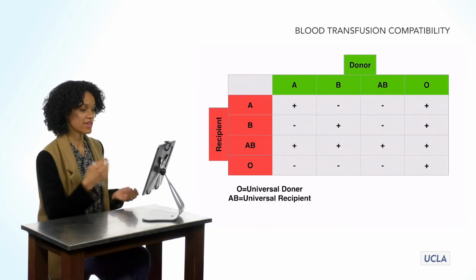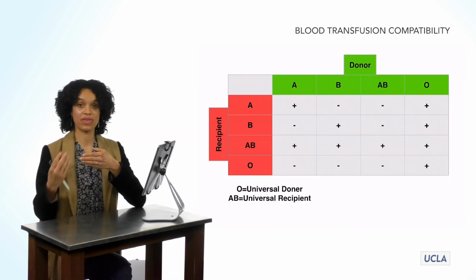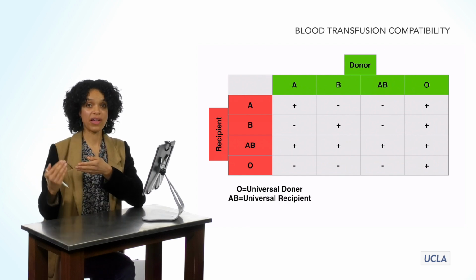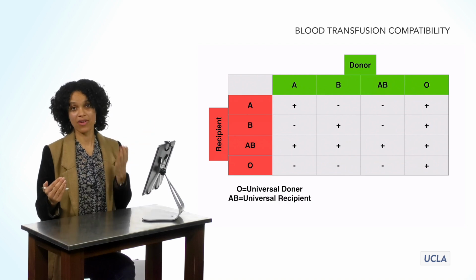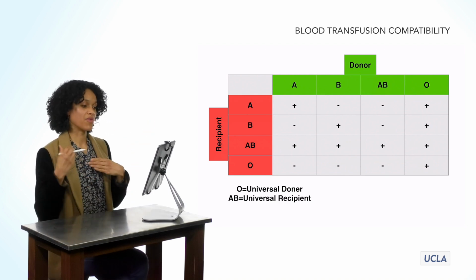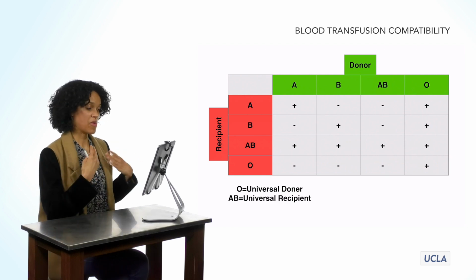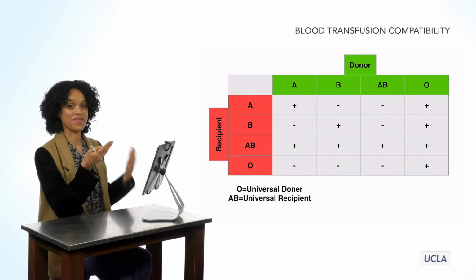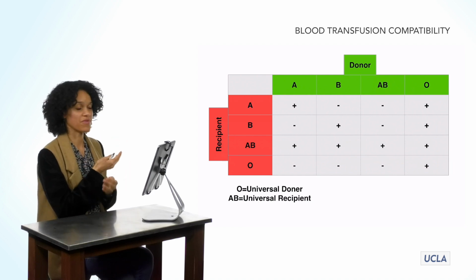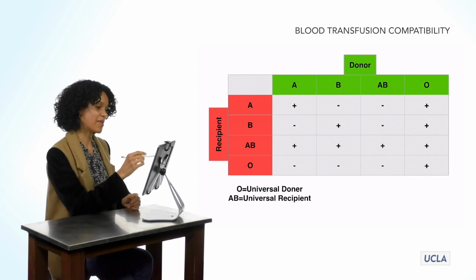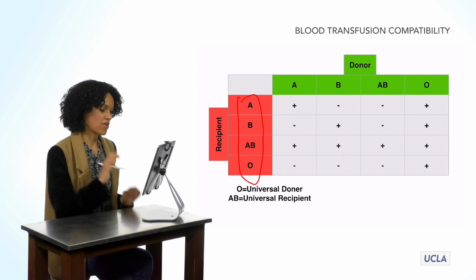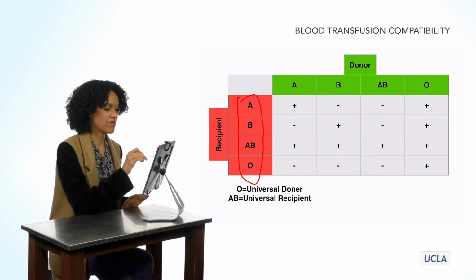Now, how do we figure out who's compatible? Well, it's basically the same principles that we've been talking about up until this point. What type of antigens are present on the donor's blood versus what type of antibodies are present inside the recipient. So by that principle, we're basically going to go over this chart of what combinations of donors and recipients work well together and which ones are really bad. So you have a recipient, let's say A, B, AB, O, all the different combinations of blood types. You have your donor, same